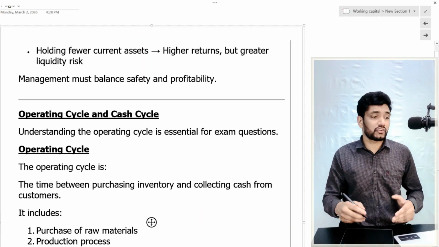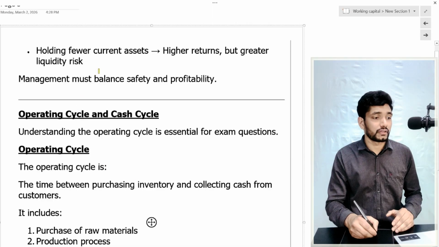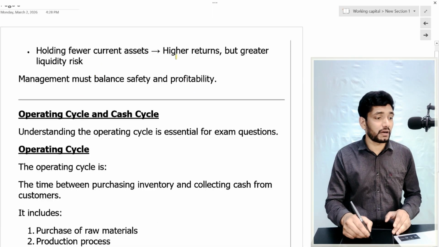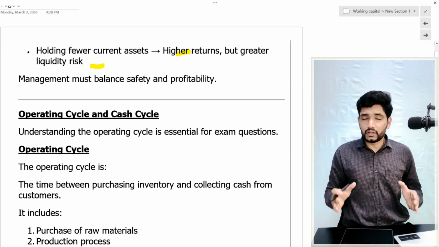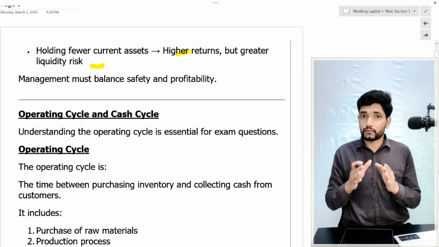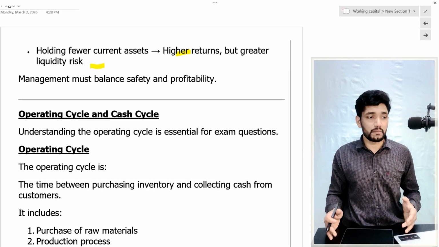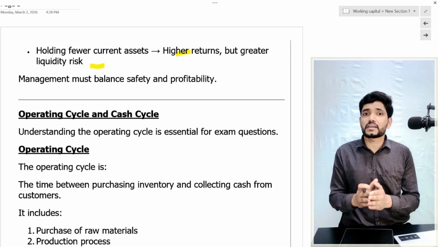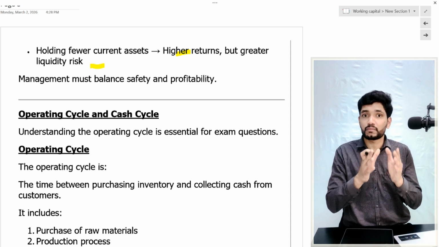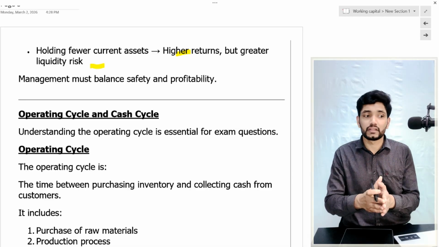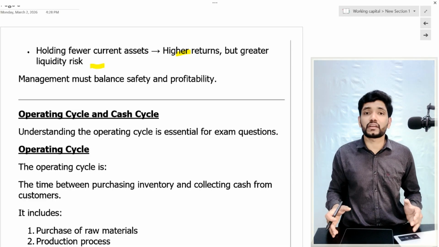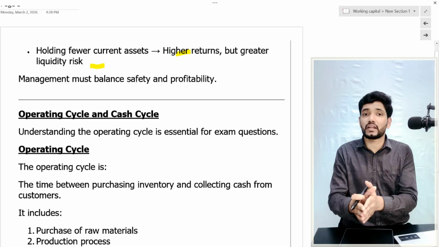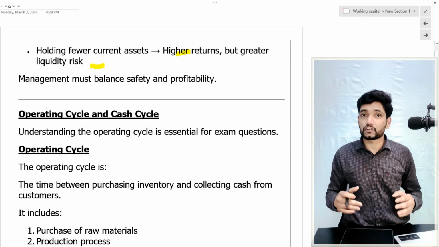Again, the opposite situation: holding fewer current assets, the return will be higher but there is greater liquidity risk. So if we hold fewer current assets, mainly only a little working capital, it can result in a higher overall return because your investment in working capital is very low, but it can create a greater liquidity risk because you are holding only a few current assets, so there will be a chance of liquidity risk